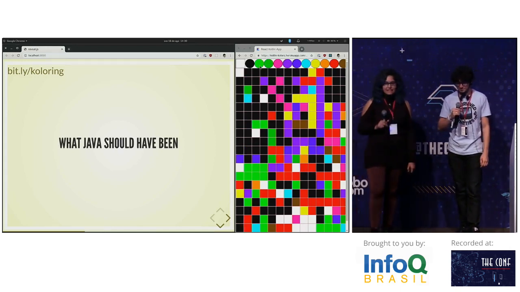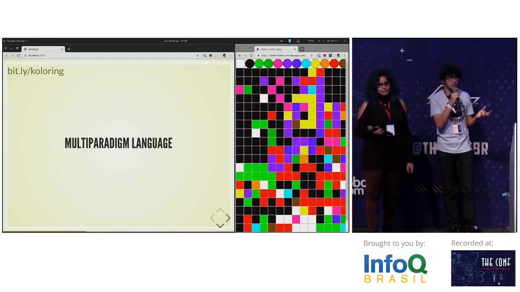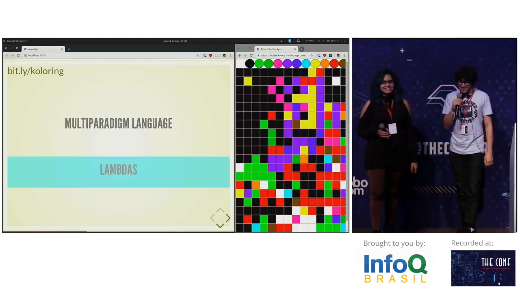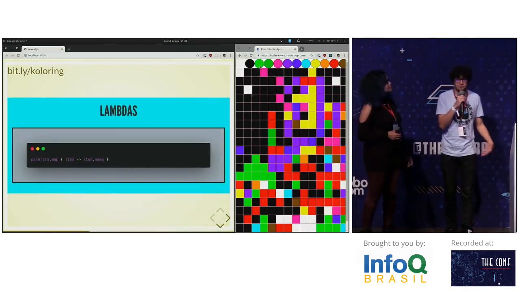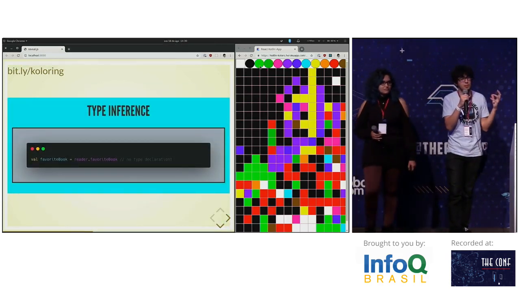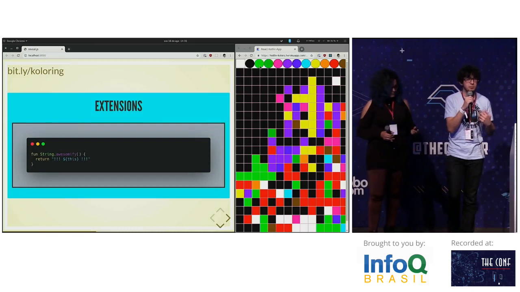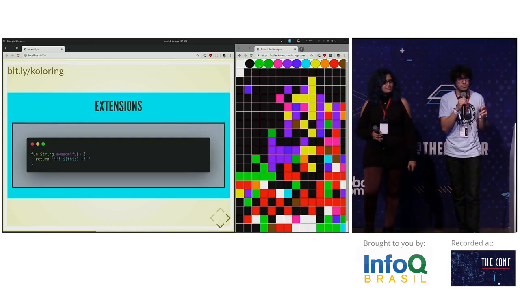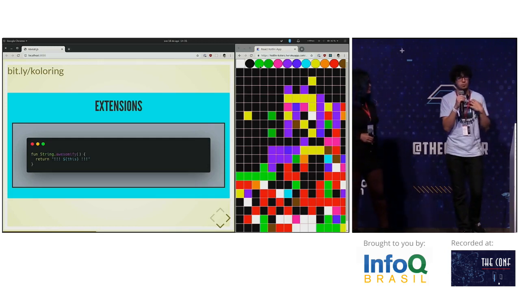Yeah, that's true. It's a multi-paradigm language, so you can really have some functional approaches in the language, not just hacks like people do in Ruby and stuff like that. It has actual lambdas. You can call them properly. It has type inference, so you don't need to declare the type of a variable if you're already assigning a value to it. It has extensions, which are kind of similar to MonkeyPatch, but they are scoped, so you won't screw over your whole app.